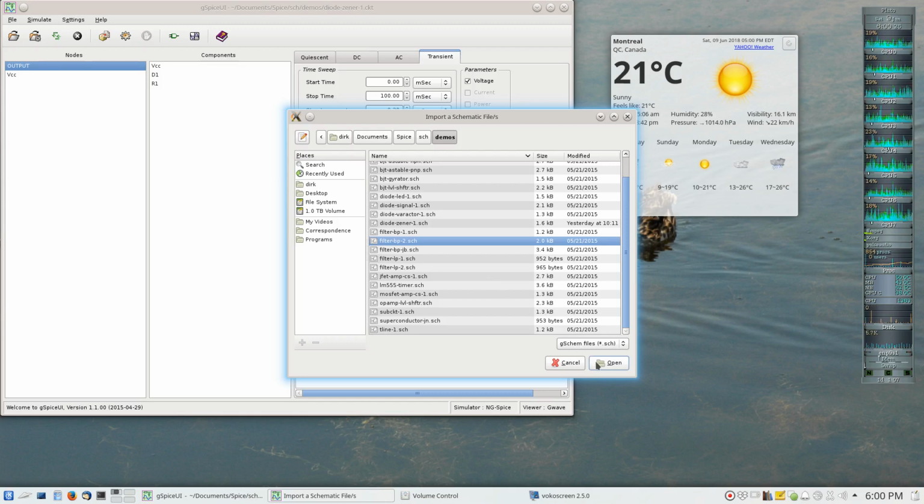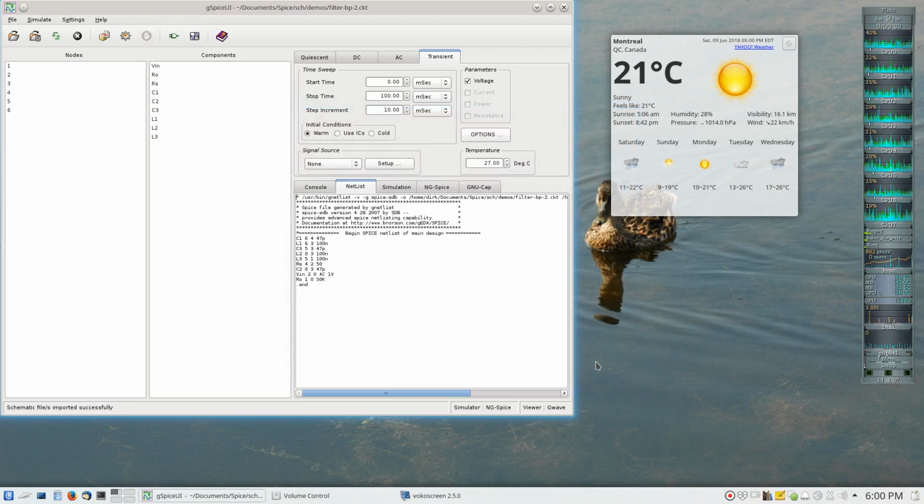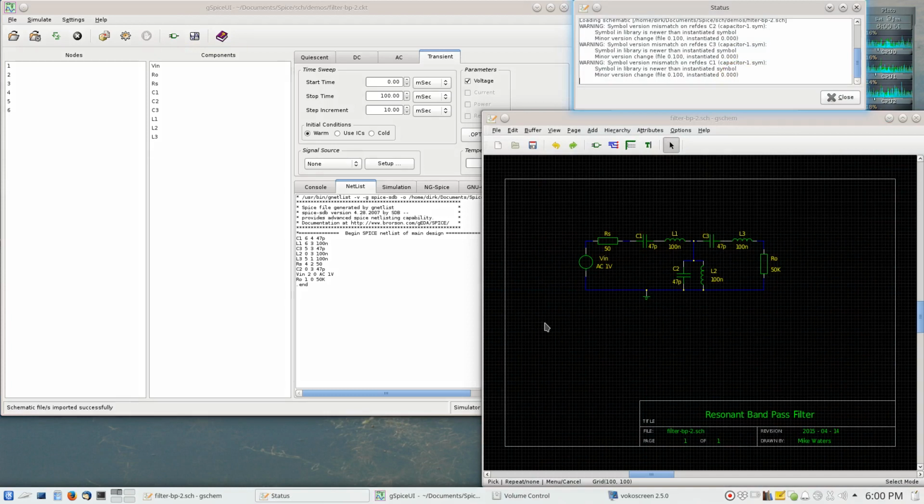So I'm opening this particular project. I expect to get no error messages, and I basically get a netlist. This netlist being a shortened text version of the circuit diagram that I just loaded. But of course, I'd like to be able to view that circuit diagram. So there's a little icon here which looks like an AND gate. It says Edit View a Schematic, and when I click on it, it shows me the circuit diagram that I'm